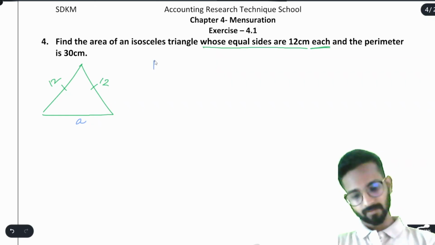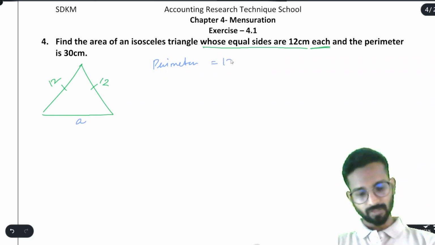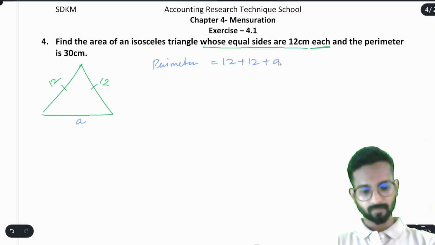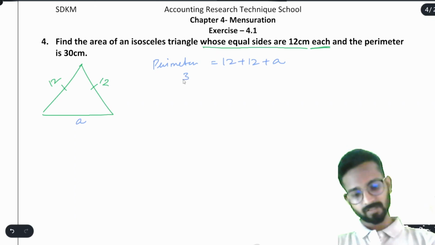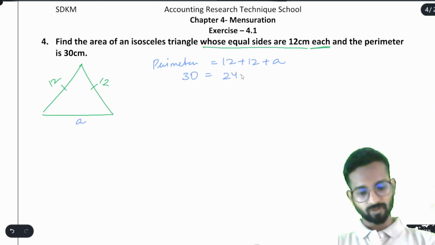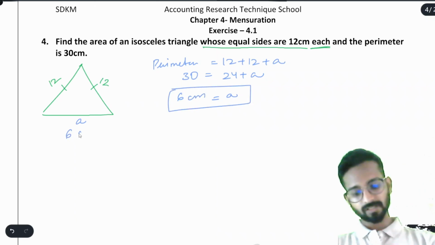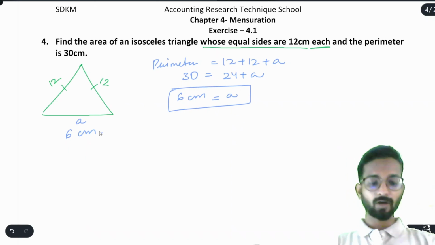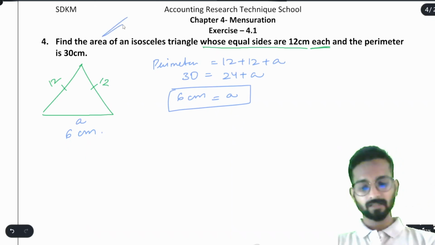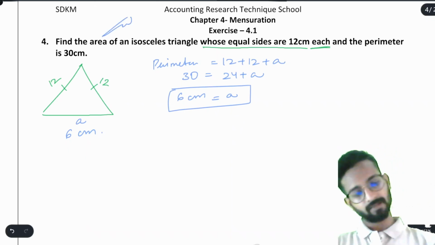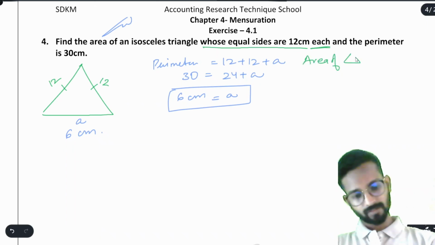So I will write here, perimeter is 12 plus 12 plus a. We know that perimeter given is 30. So 24 plus a, so a is 6 centimeter. Simple. So we know that this is 6 centimeter. Now what are they asking? Find the area of the isosceles triangle. So area of an isosceles triangle is